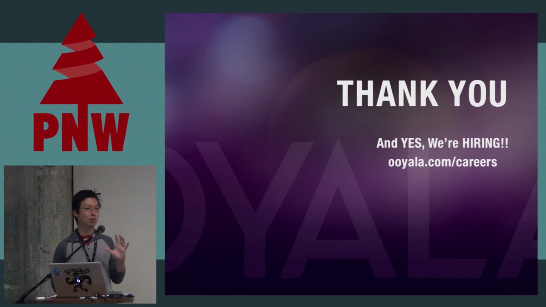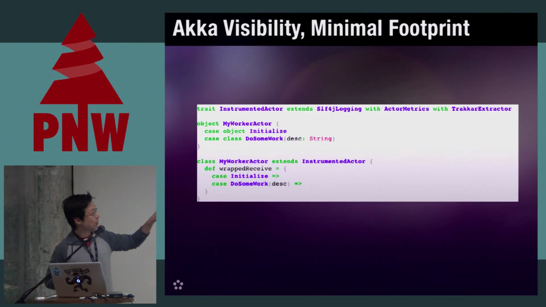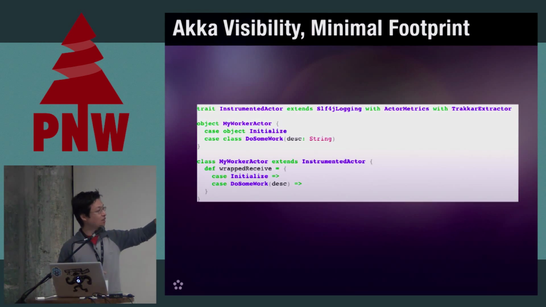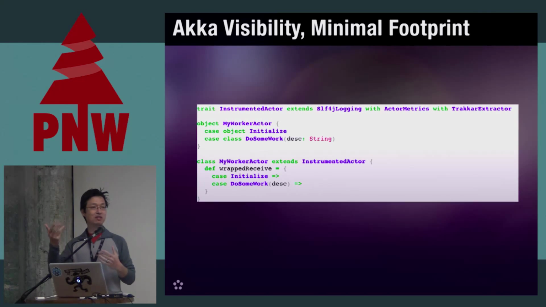There is a magical way of doing it where you don't need a wrap receive. You can just have the base actor be receive. But in testing, I found that doesn't work. You saw in some examples I had where I can declare a class that extends one trait with another trait. You can't do that if you don't have a wrap receive. That's just what I found. Or maybe there's some way to do it, but yeah.